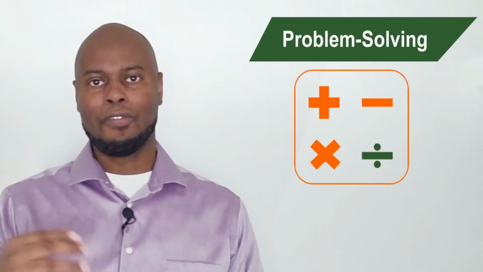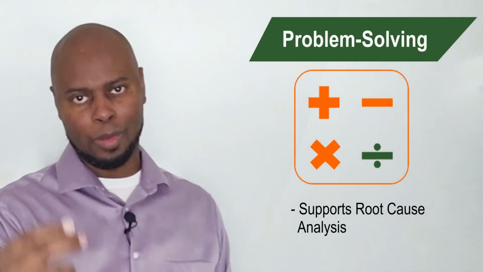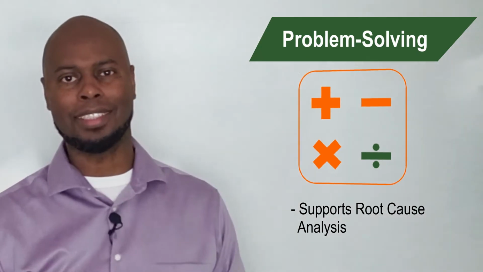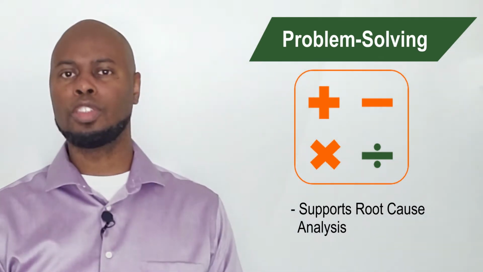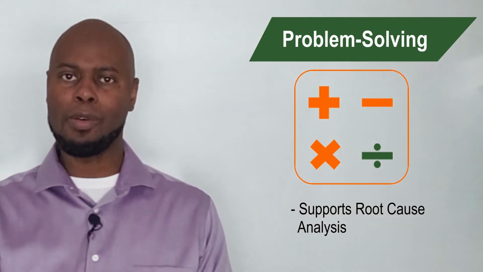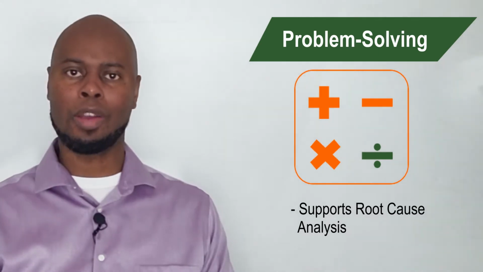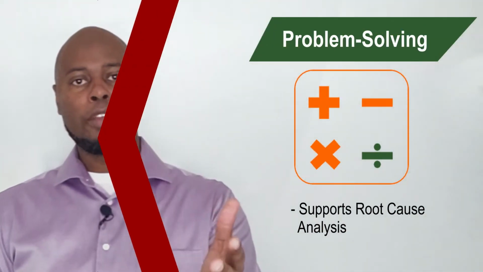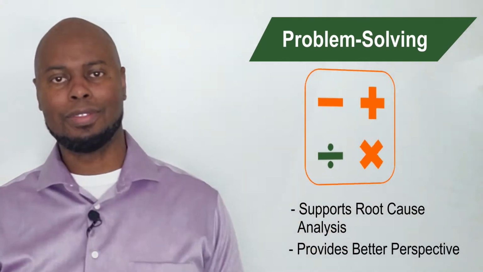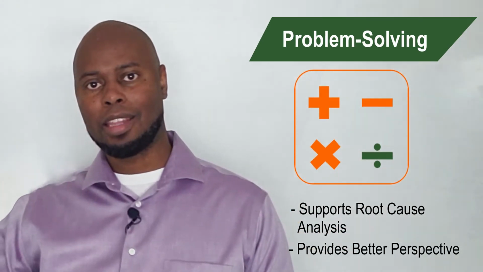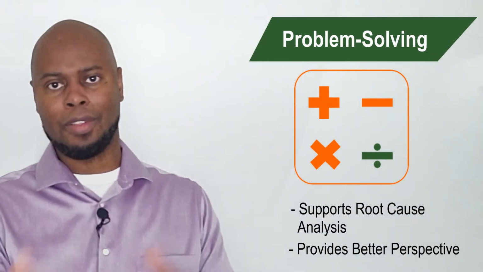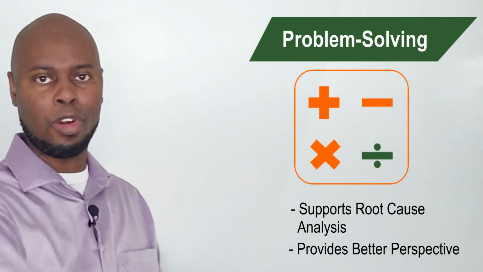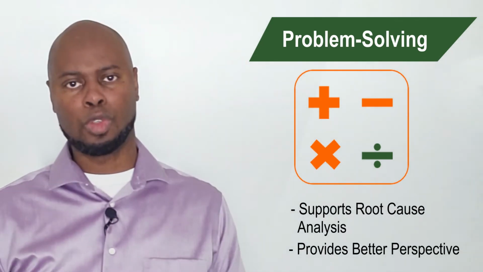Number 2, it enables more effective problem solving. Fully grasping the current condition helps you conduct better root cause analysis. It allows you to establish some of those critical cause and effect relationships so that you can start to get an understanding of, okay, how does what I'm seeing relate to other things that are happening in the business? It also gives you more upstream and downstream perspective. You want to understand how what's happening in process steps before are affecting the process step being investigated, and also how things that are going on here are affecting things further downstream, just so you can establish some of those true cause and effect relationships.